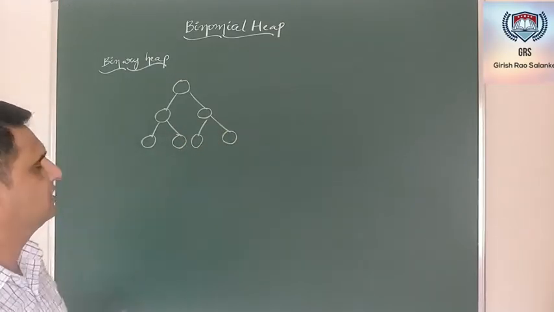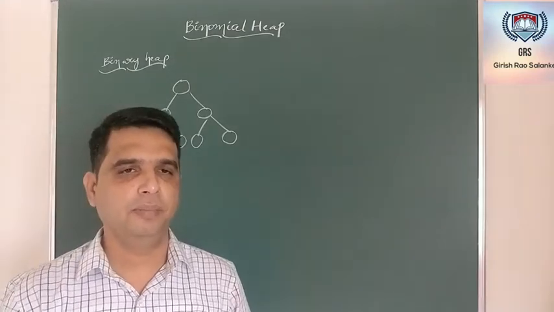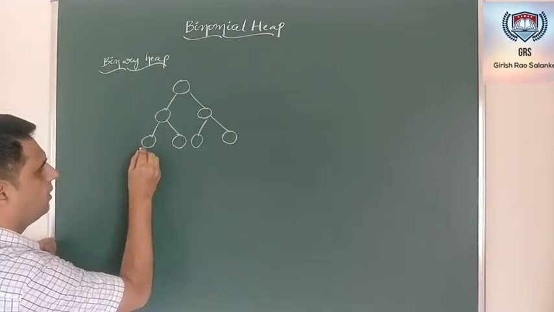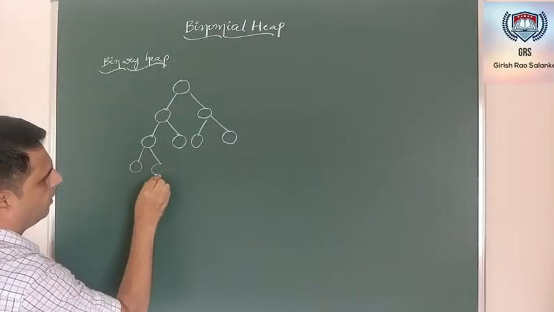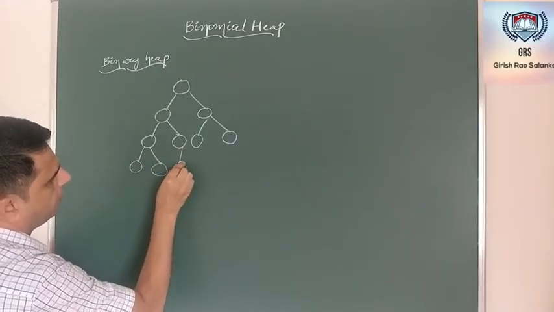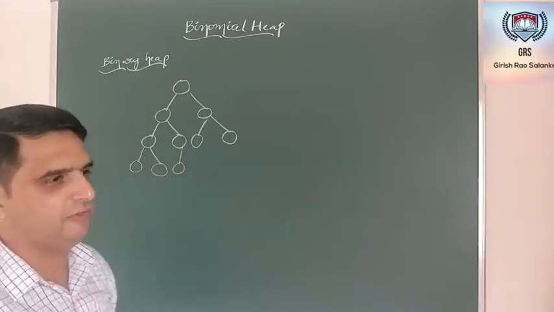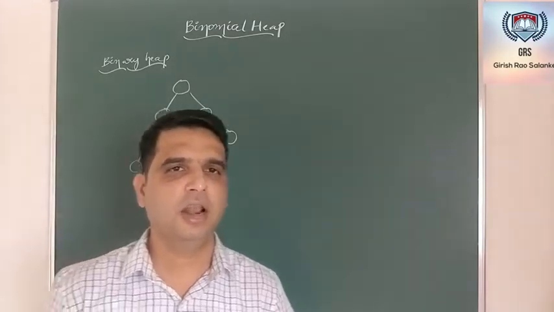Now this can be the structure of my binary heap, wherein this is a complete binary tree. If it is not a complete binary tree, it should be an almost complete binary tree. In case of an almost complete binary tree, in the last level, the nodes should be left filled. So this was the structural property.